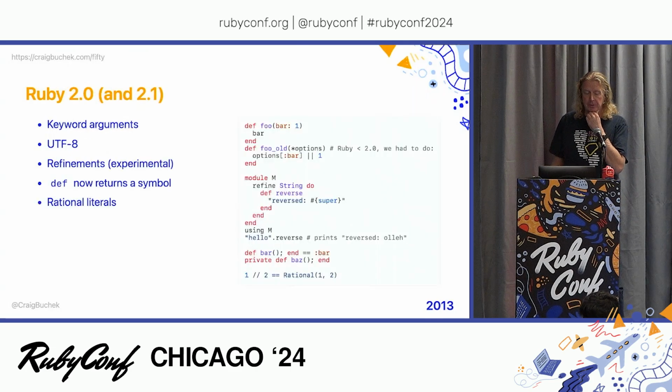2013, Ruby 2.0 and 2.1 came out. Since 2.1, every release has been yearly on Christmas Day. And they added a lot of refinements. Mods talked about those a little bit. And I didn't even know that we had rational literals with //